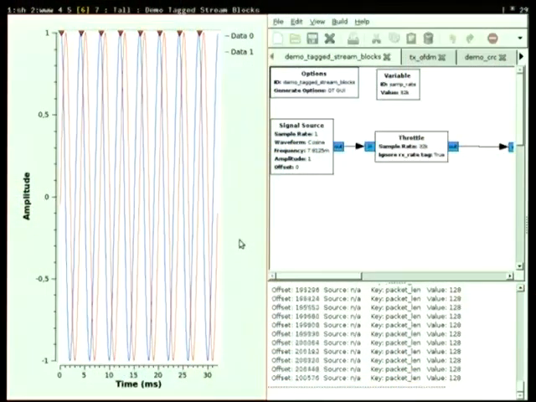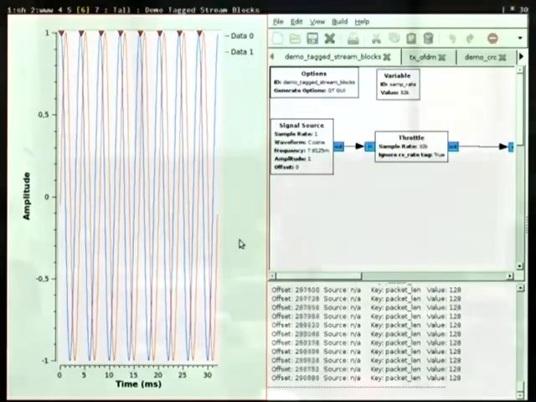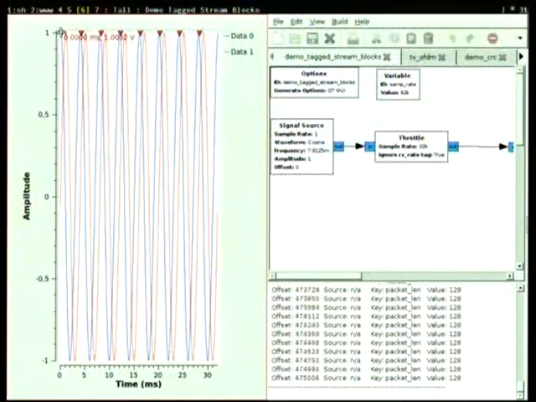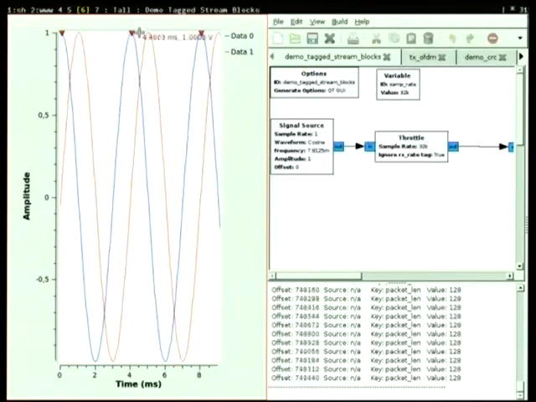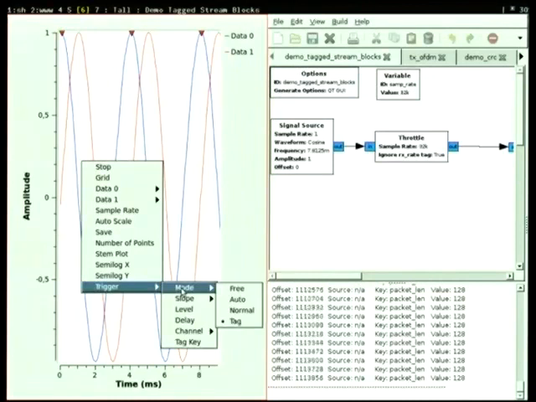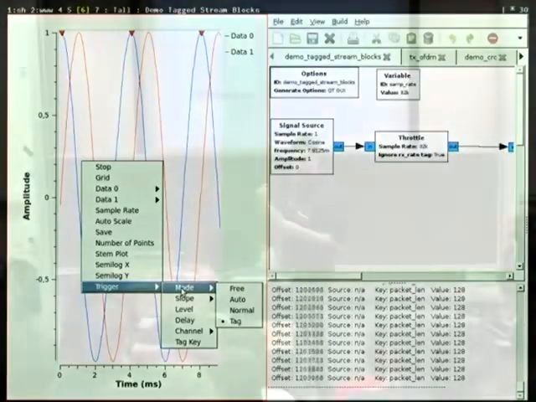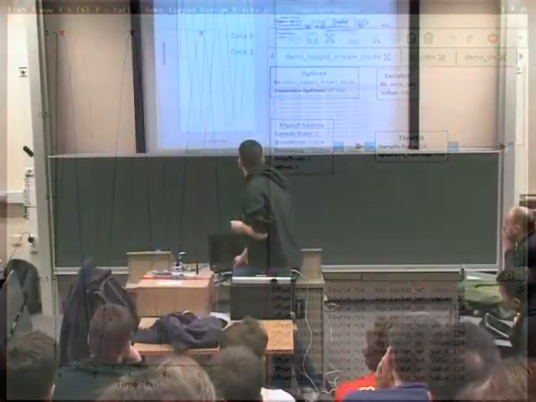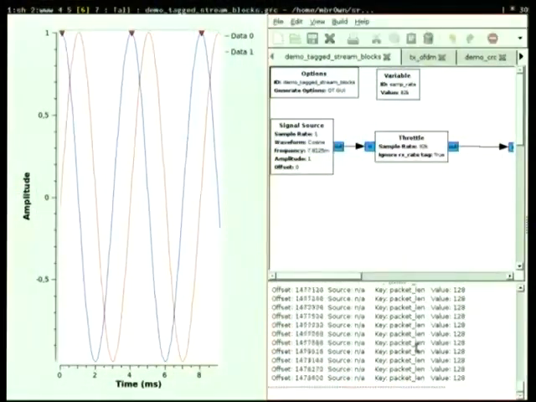Now I'm creating a sine wave here, but it could be anything else. It could be bits. And what you can see here, these little triangles, are actually tags that denote the beginning of a packet. So if we zoom in here, you can see this is the start of a packet and this is the start of the next packet. In between we have something, doesn't matter what. And I'm using the trigger feature here to trigger on these tags. So when I'm visualizing data, I can plot it so it always starts at the packet boundary. And if you have a look at this output, it prints a tag,